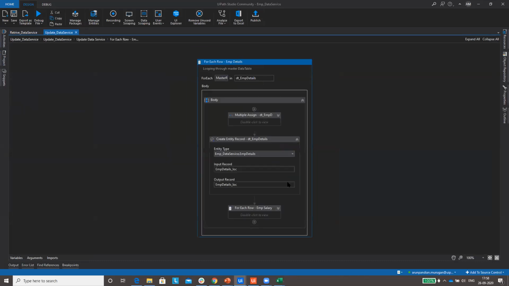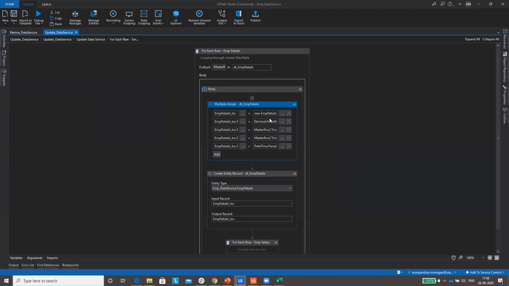Now we'll see how we can push data into data services with the help of this particular method. You have to create a local variable of the type of our particular entity. What I mean by that is, I'll show you.